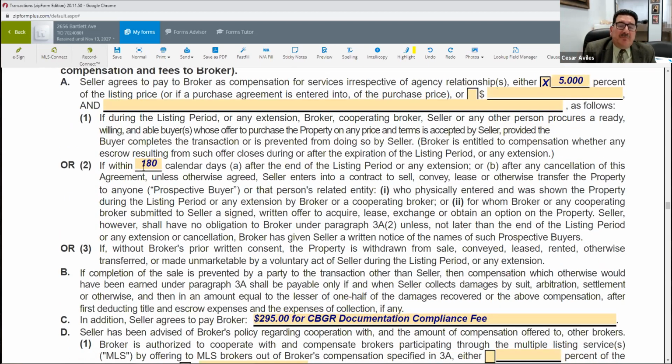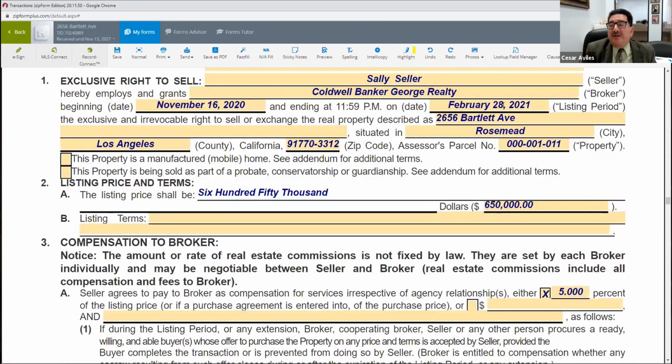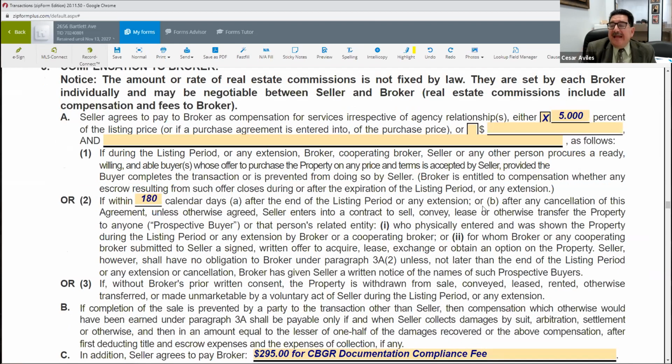Now, it is already pre-printed, okay? And in all my 30 years of being in the real estate business, I have never seen anybody going after the seller, because you do need to have certain steps, okay? But this is, if within 180 calendar days after the end of the listing period, so it has to be 6 months, within 6 months after February the 28th, right? Or any extension, right? The seller gets into a contract to sell, convey, lease,